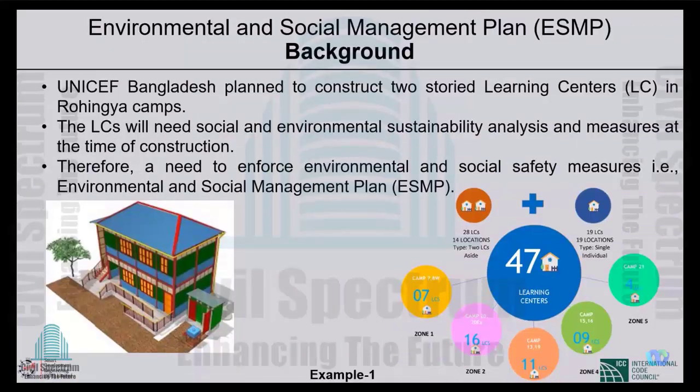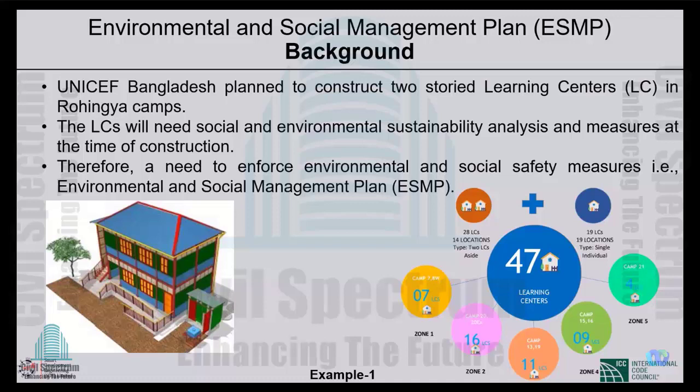These are the two-storied temporary, semi-permanent buildings we suggest in the Rohingya camp, and not in Dhaka, just to understand what is happening. There are camps, and the buildings we suggest are semi-permanent structures to accommodate Rohingya children to continue their education, to mainstream their Myanmar learning and schooling system so that they don't miss school. That is the whole idea: mainstreaming the children in the education programs.